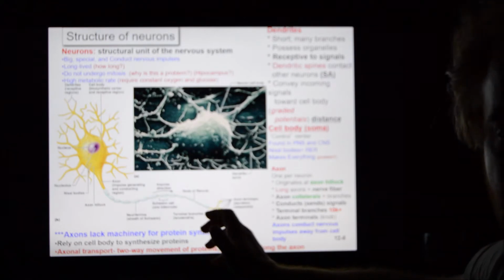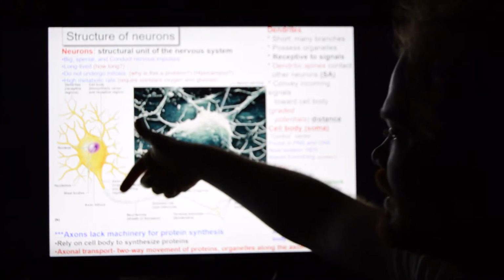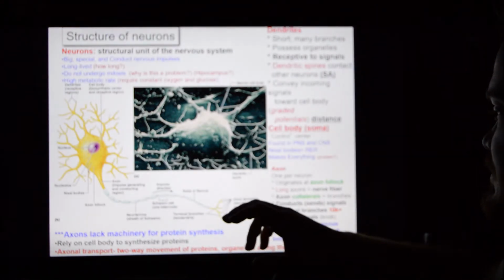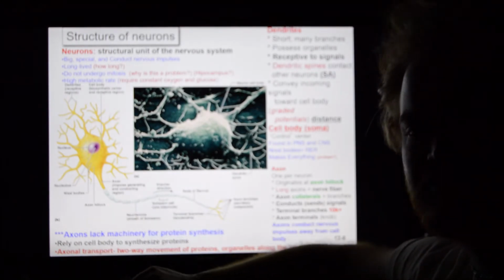It basically is the integrative center. It will decide if graded potentials make it all the way through to the axon or not. The axon is going to originate at a structure called the axon hillock. If I were you, I would also know that it is called a trigger zone.